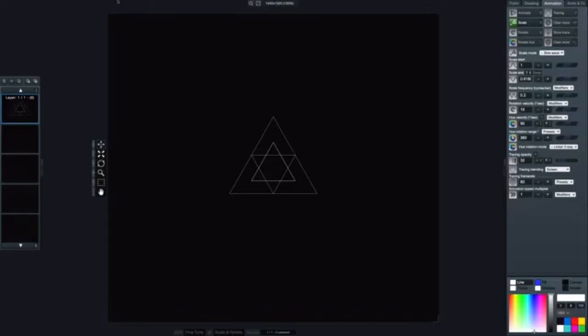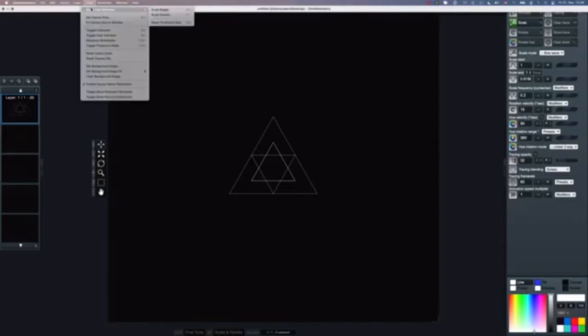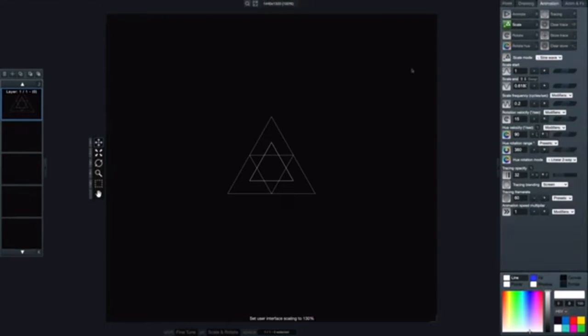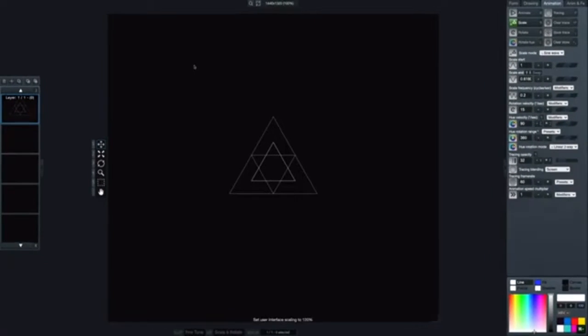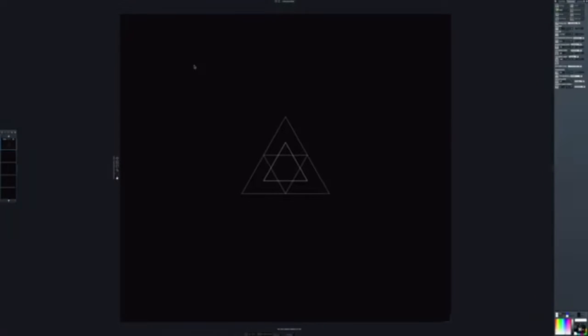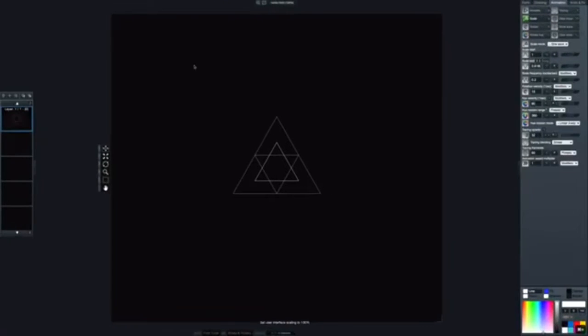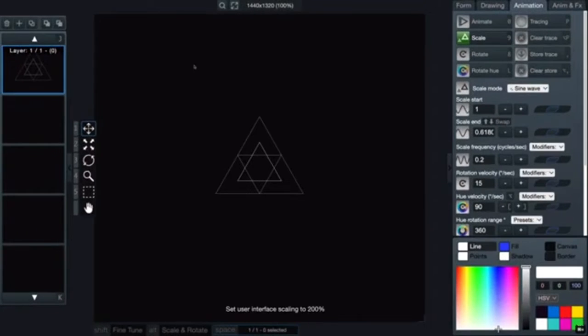The first major new feature is the ability to scale the user interface. Here we have the view menu, and the scale user interface option that we can use to scale the UI bigger or smaller, or we can use the keyboard shortcuts on Mac. With this you can freely set the size of the user interface to your liking, and if you're a grandpa or somebody with